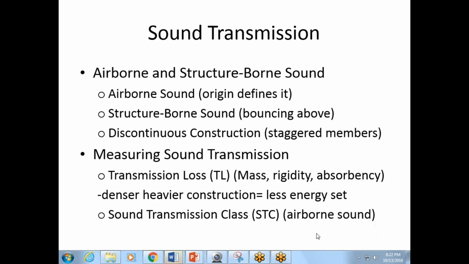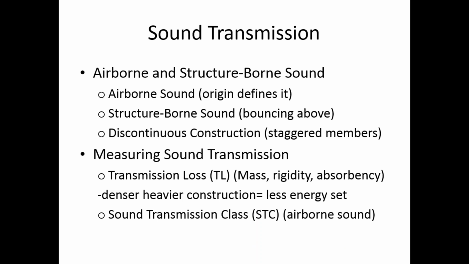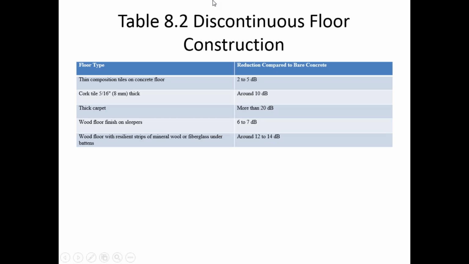There's sound transmission class, STC, which is dealing with airborne sound. It's the rating of performance of a building material or construction assembly in preventing transmission of that airborne sound. Here's where I was talking about the discontinuous floor construction. Just as we could stagger our members and thus affect the amount of insulative properties and also air gap instances, and add some type of structure to the plenum in order to cause less reverberation, we could also think of adding different types of flooring materials over concrete.